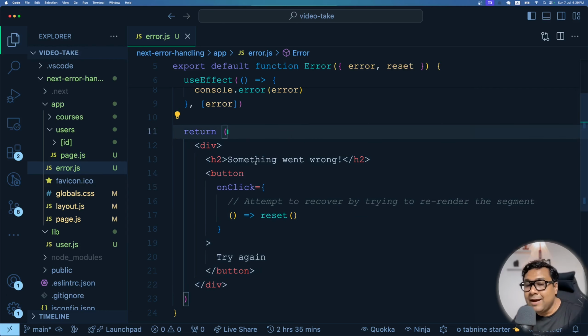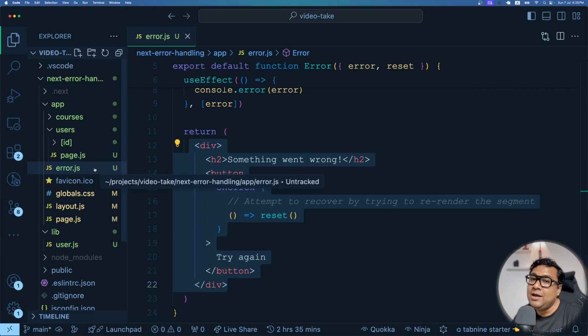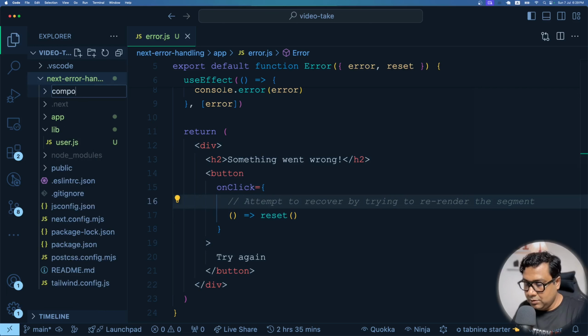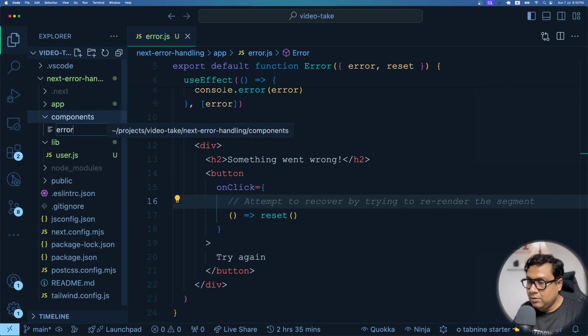Instead of that, we can refactor this a bit and create our own component out of this, so that if we have to make changes, we'll be making changes in one component, not in all the error.js files, in case it is required. Now I'm going to create a new folder called components, and inside components I'm going to create a new file called